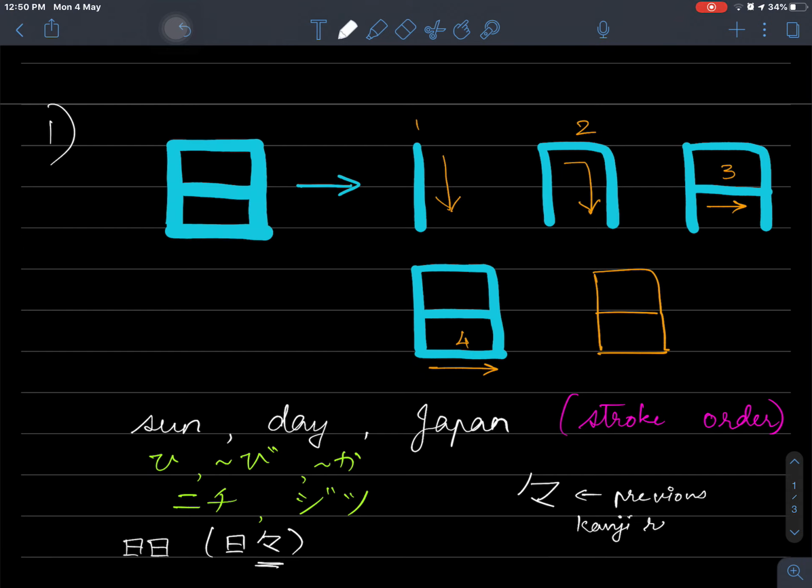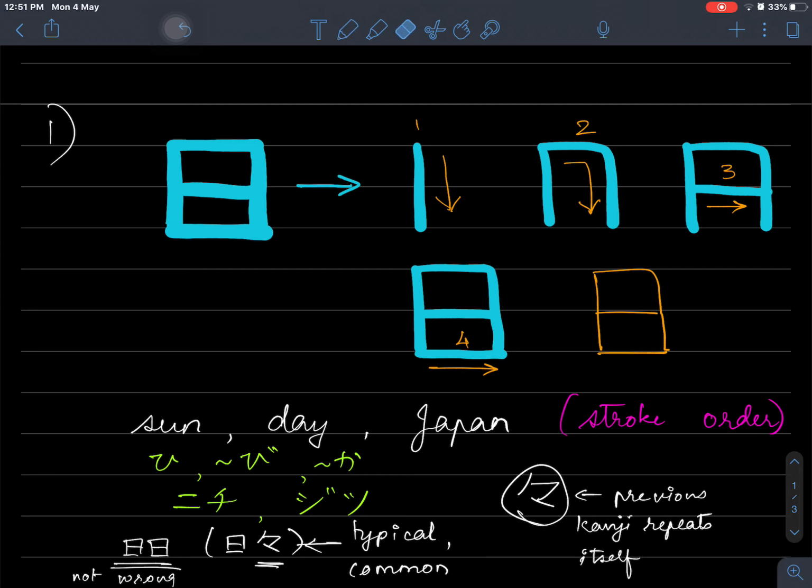Previous kanji repeats itself. That's what it means. This is just for your information, so you can write hibi like this. This is the one written here. This is not wrong. But this, the one on the right side, is the typical, common, most easily understood way of writing it. So please remember what this mark is. It's a repeat mark. Okay, so just to rewrite it,